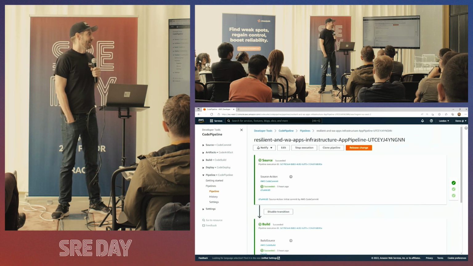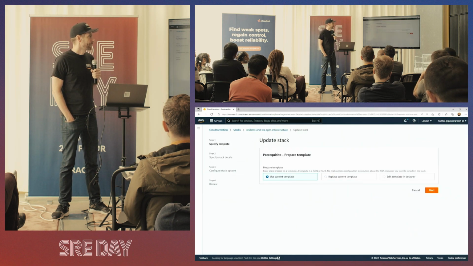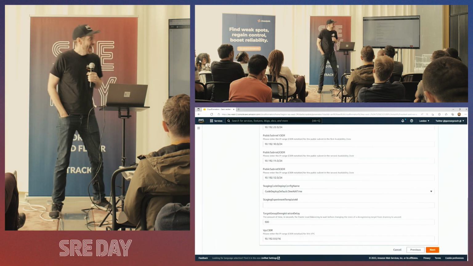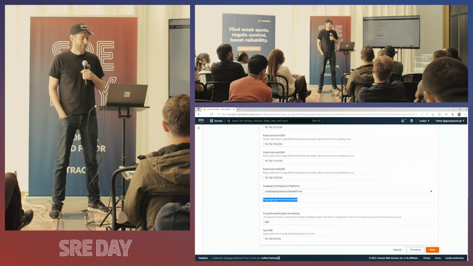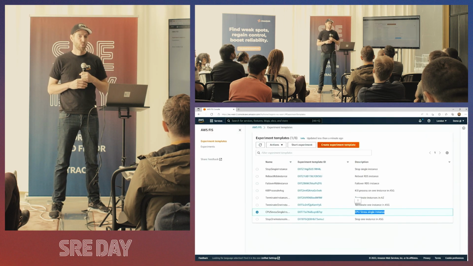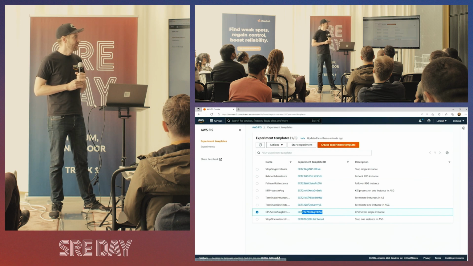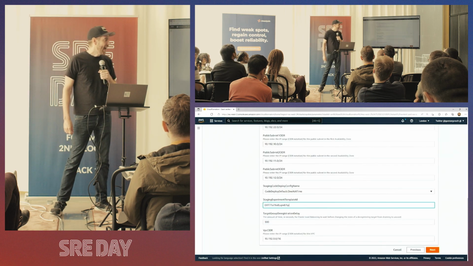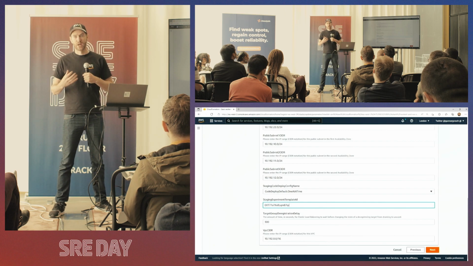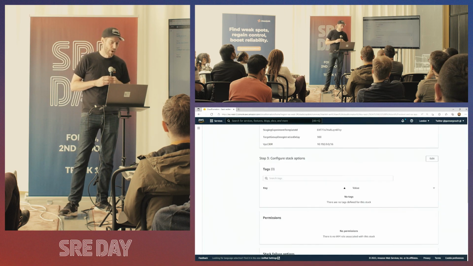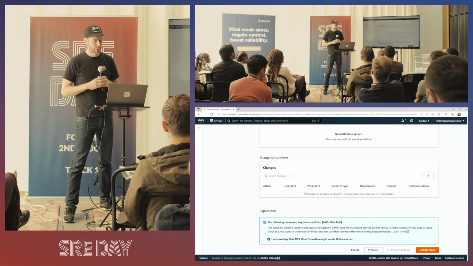So let's just update our stack, and add an experiment template. So taking one of our experiment templates, one that we've done as a one-off experiment, CPU stress in this case, adding that to our CloudFormation stack, and quickly running through the wizard to update our stack.